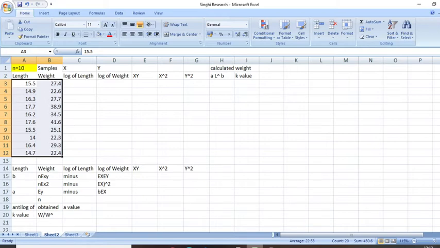I welcome all for the class estimation of length weight relationship in fishes. Organisms generally increase in size in terms of length and weight from the birth time till its death, that is during its developmental stages.